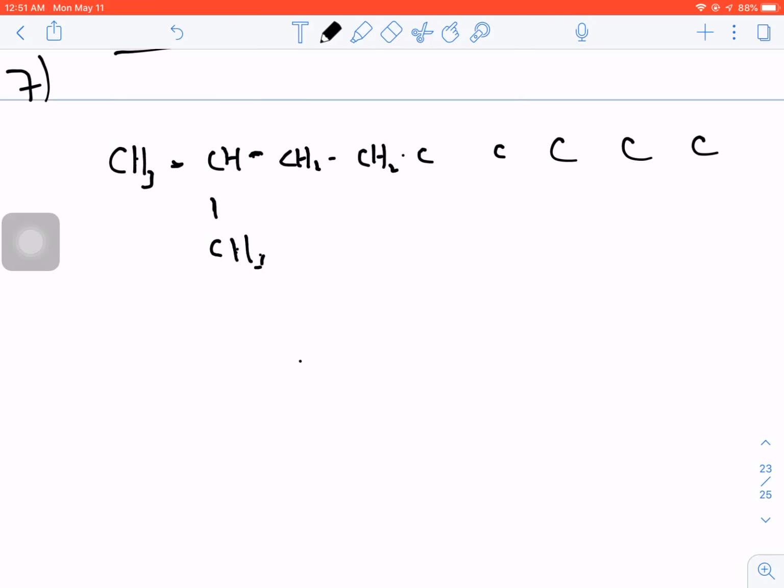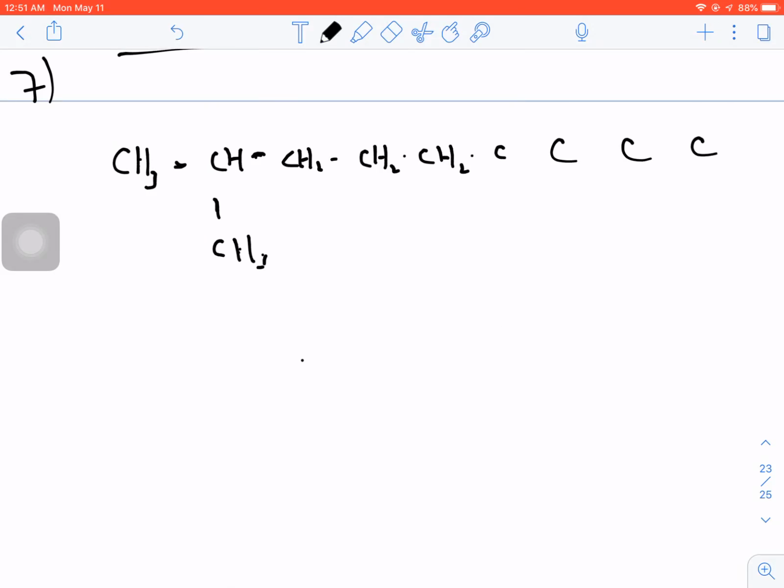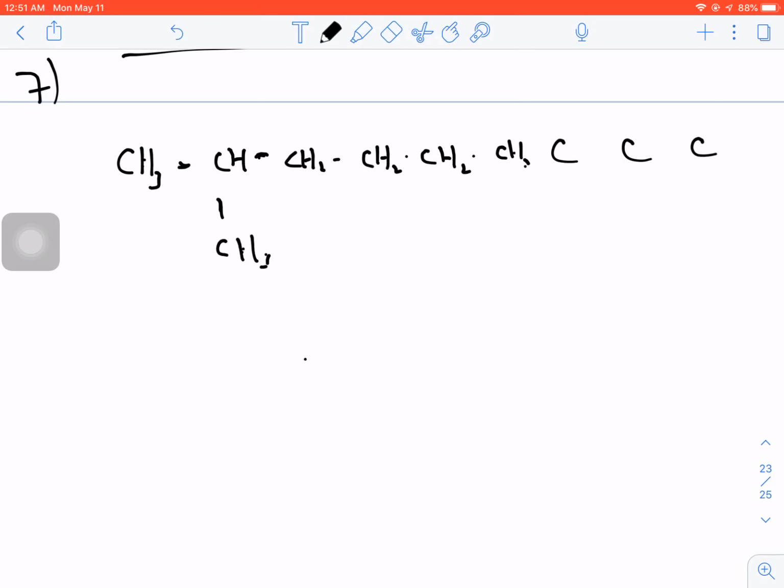This carbon is H2, H2, H2, H2, H3. 2-methyl nonane, right? 9-carbon chain, right? 1, 2, 3, 4, 5, 6, 7, 8, 9, and a methyl group, a 1-carbon group on the second carbon, 2-methyl nonane. And number 8